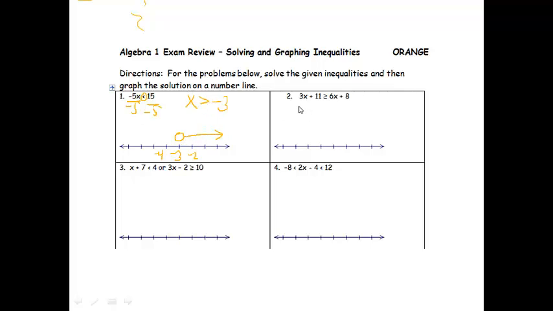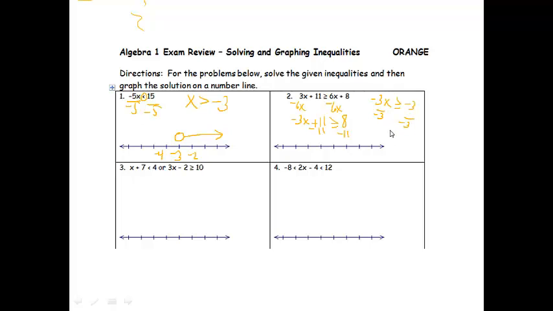Okay, problem 2, 3x plus 11 is greater than or equal to 6x plus 8. Once again, I would like to solve for x, so I'm going to get my x's together. So to get rid of 6x, I will subtract 6x from both sides. 3x minus 6x is negative 3x. Plus 11 is greater than or equal to 8, and then I will subtract 11 from both sides, so I'll get negative 3x is greater than or equal to negative 3,